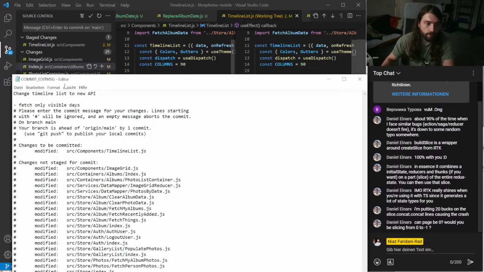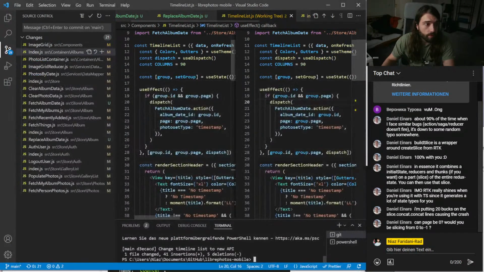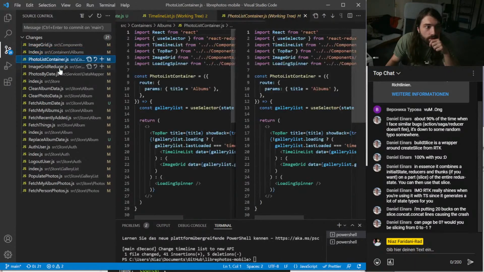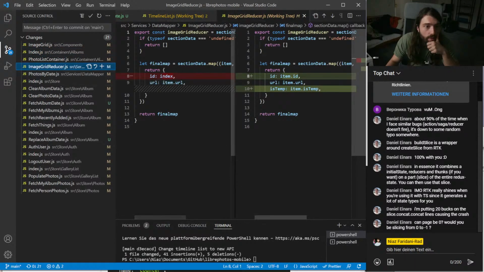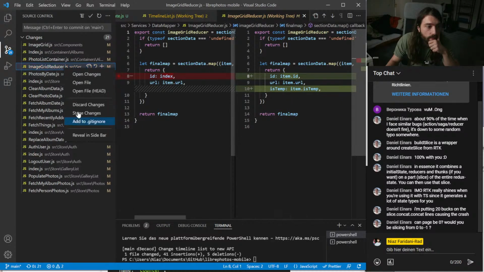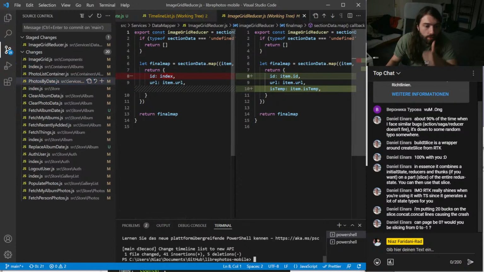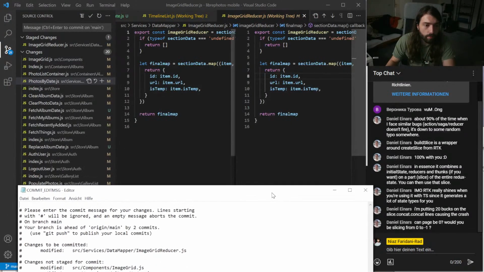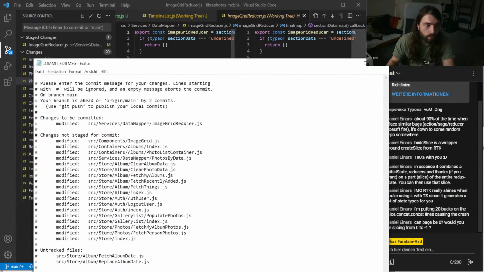Alright, and save. So what else do we have? That's not real, that's not real, that's not real. Okay. Stage change. So what did we do here? Right. Extend photo.